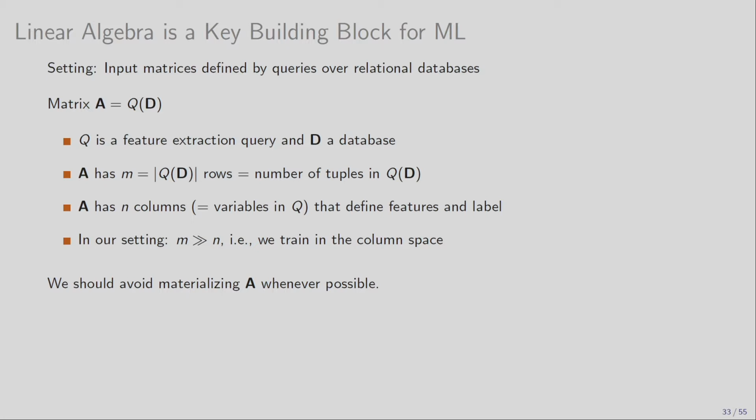If you want the other assumption, where you have very many columns and very few rows, then some of the ideas discussed here may be applicable there, but not all necessarily. And the underlying assumption here is that we'd like to do operations with this matrix A without having to materialize the matrix A.